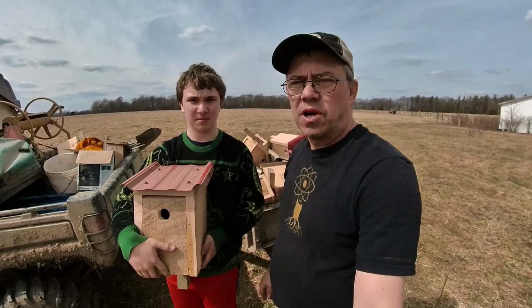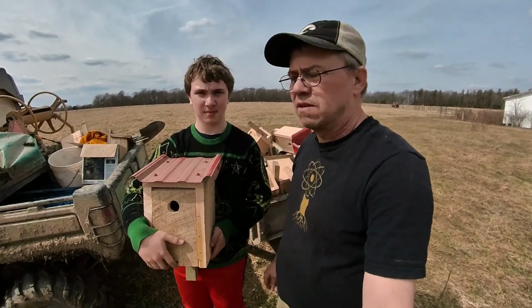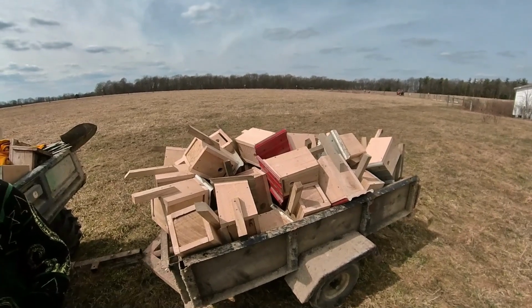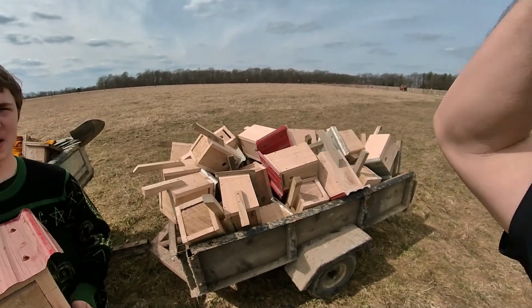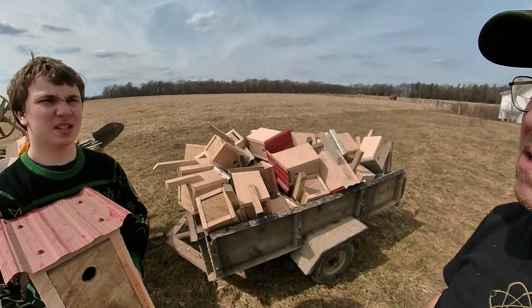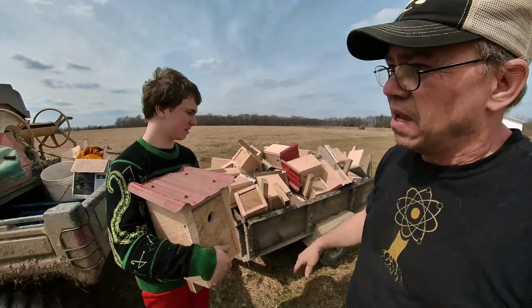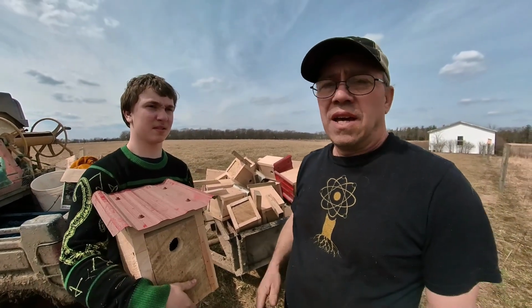Today we're hanging bluebird boxes. This is what's left of the 90 bluebird boxes we have. We have approximately, I don't know how many is there, maybe 38 or 40. Didn't you say 40 yesterday? Something like that. 38 or 40 we haven't hung yet. So we're going to go ahead and do that. And before we get